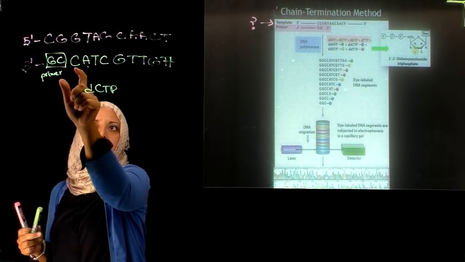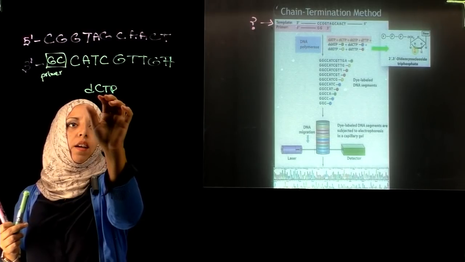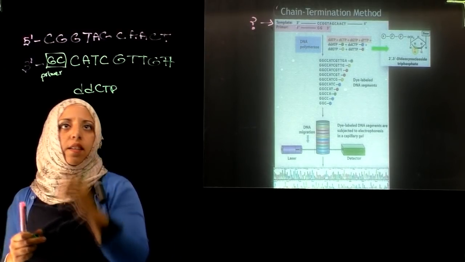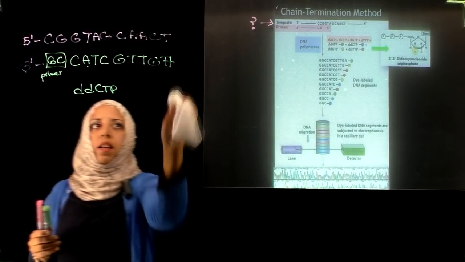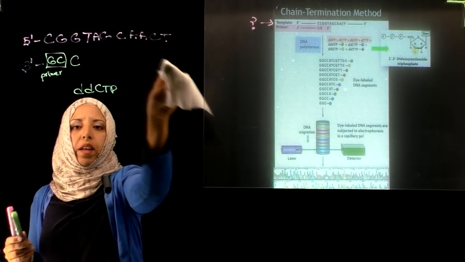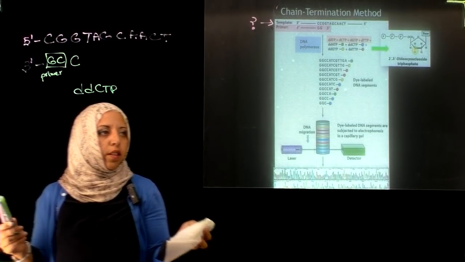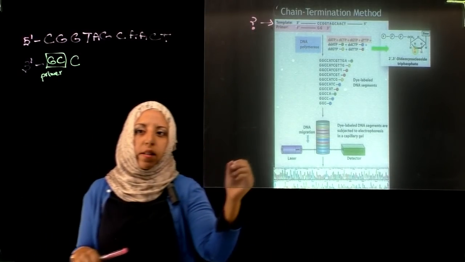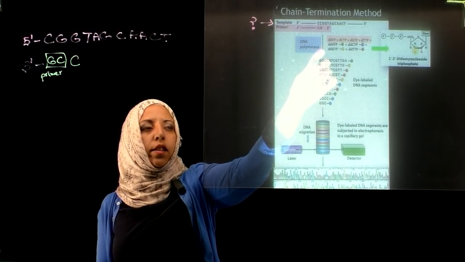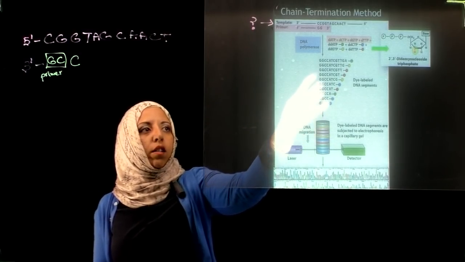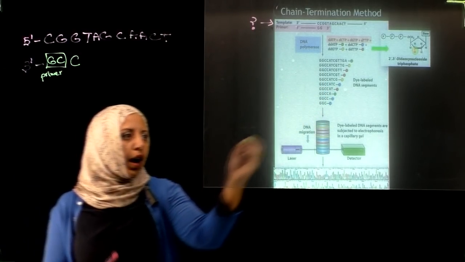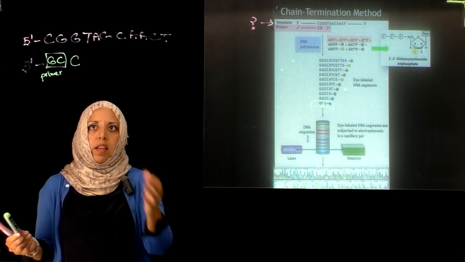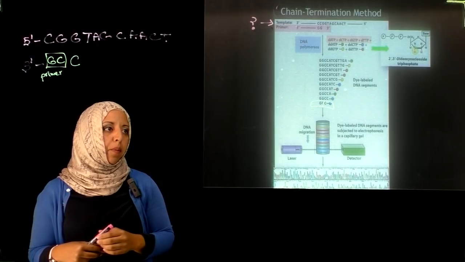Well, what if instead at that particular nucleotide, instead of the deoxy-CTP adding, which has the 3' hydroxide, a dideoxy-CTP adds. Well, what happens is a dideoxy-CTP will cause it to terminate. It lacks the 3' hydroxide, so synthesis cannot continue, right? So we'll get 1 fragment, but because what we put in solution is more of the deoxynucleotides than the dideoxynucleotides, we end up getting all different fragments. And each one that has this fluorescent labeled di at the end indicates basically what is the last nucleotide that is present in that particular